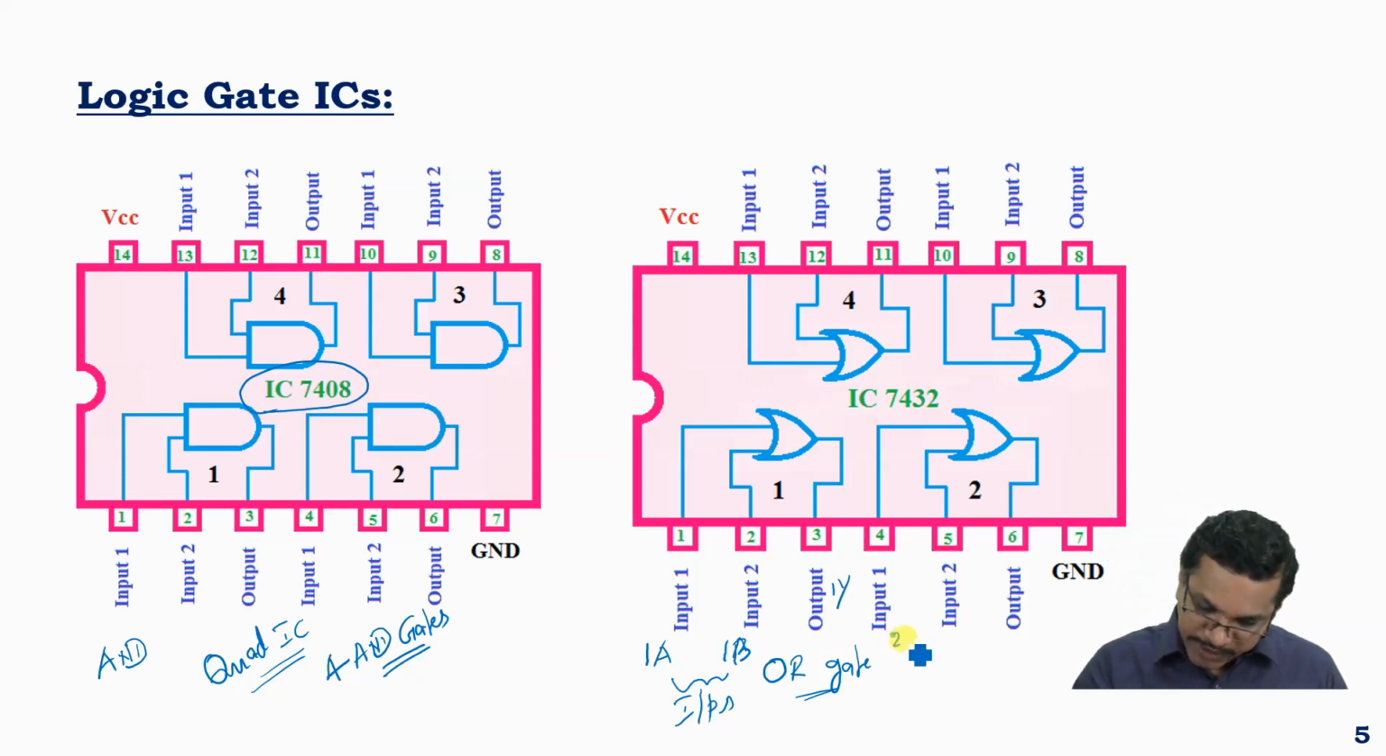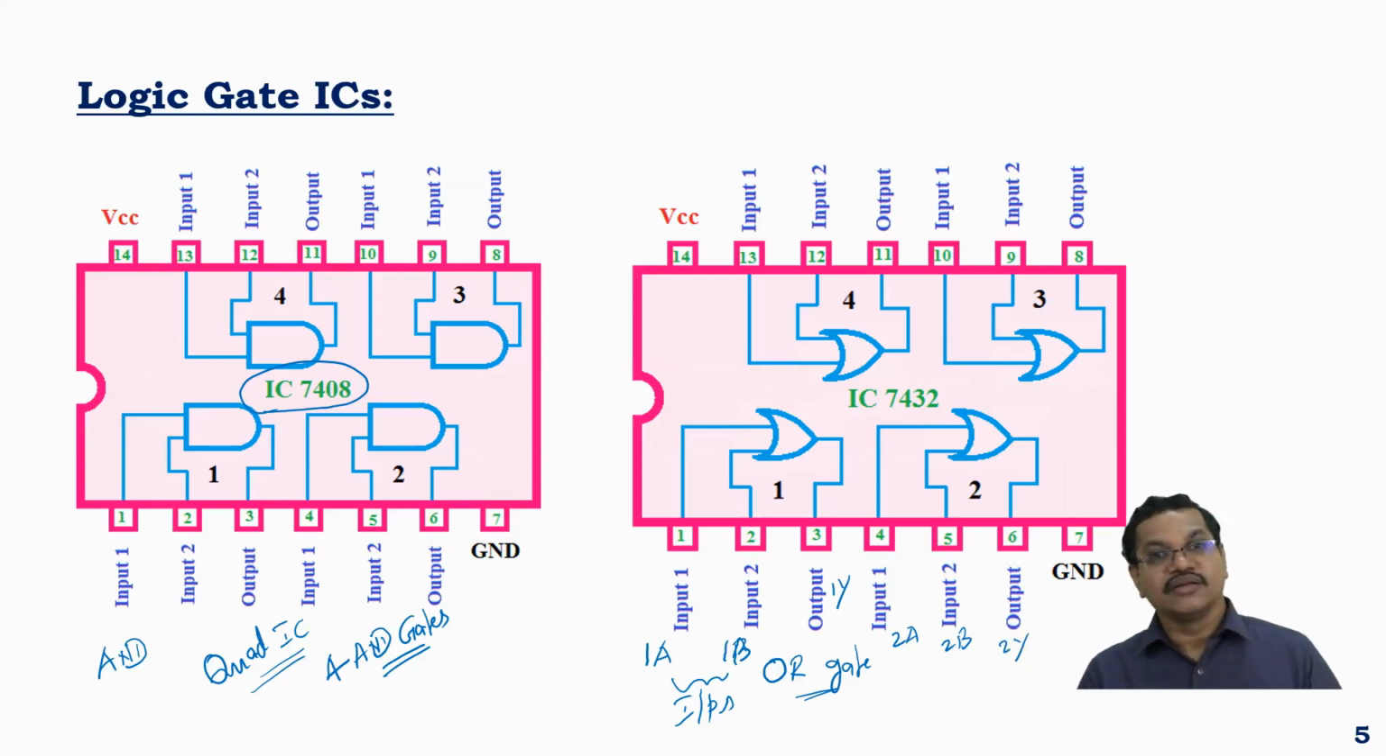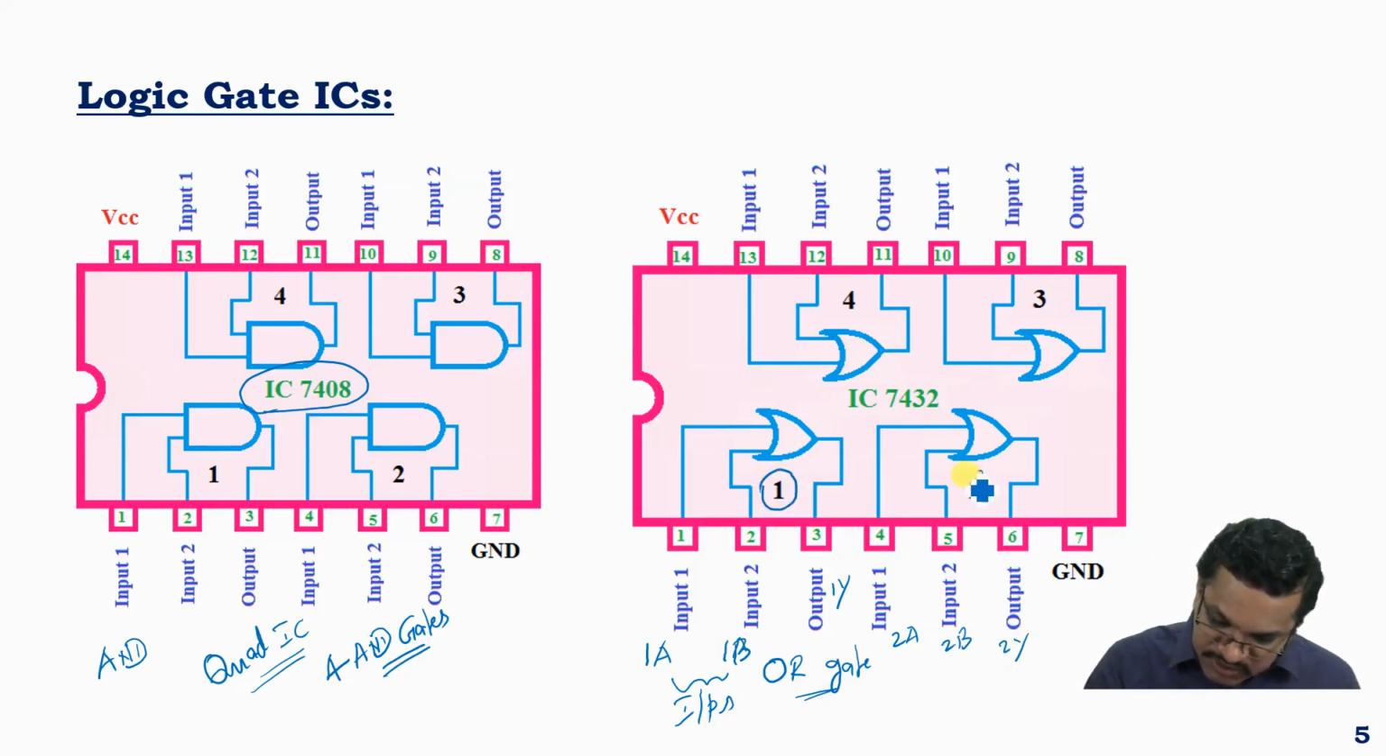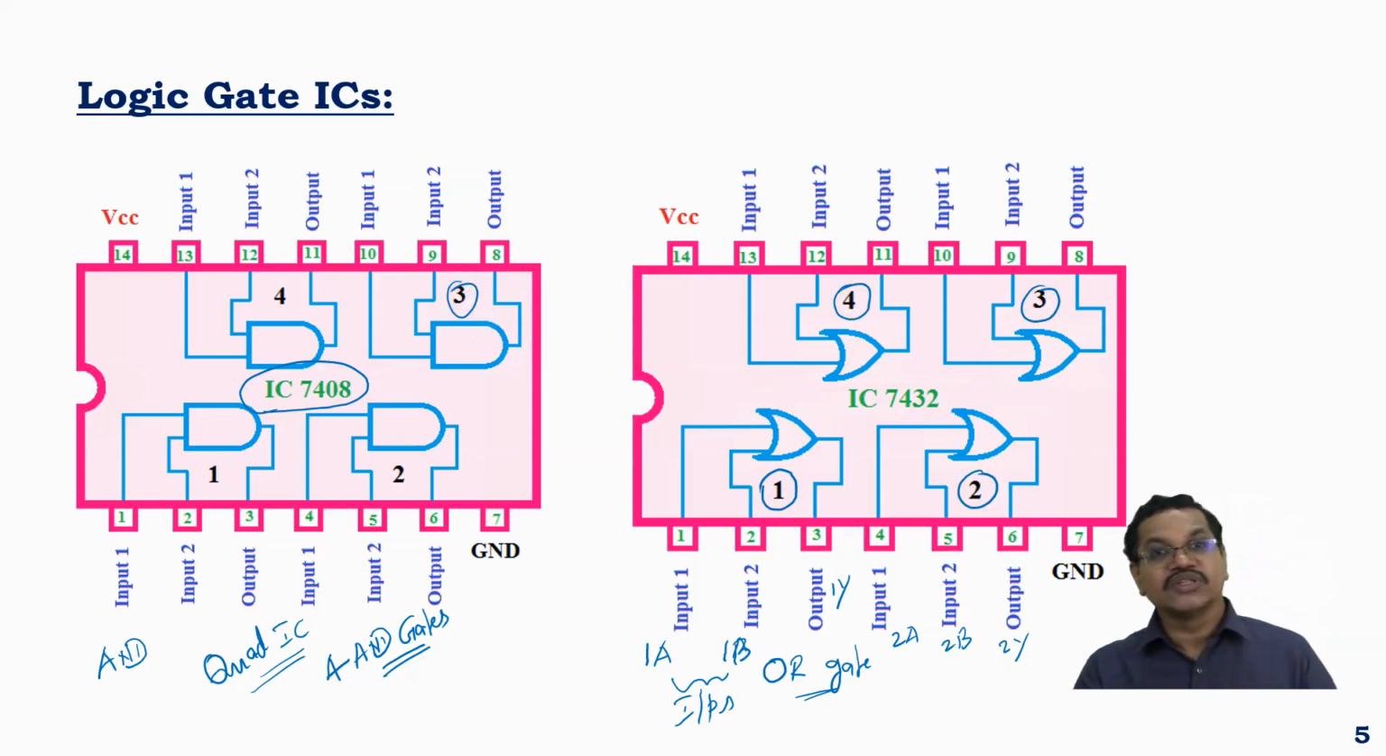Similarly, second gate inputs will be 2A, 2B, and output 2Y, which is the third terminal of the second gate. The individual gate numbers are indicated over here, 1, 2, 3, 4, as you can see very clearly. So there are 4 gates inbuilt. This is called as a quad IC. So we have come across NOT gate, and then AND gate 7408, 7432 is the OR gate, and then we have